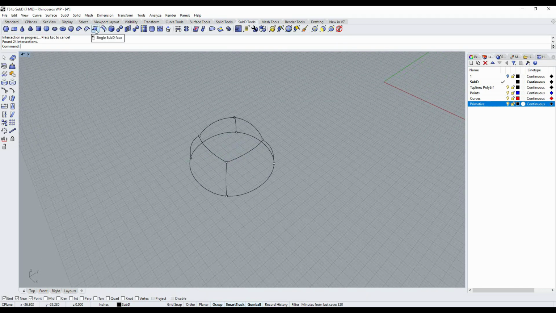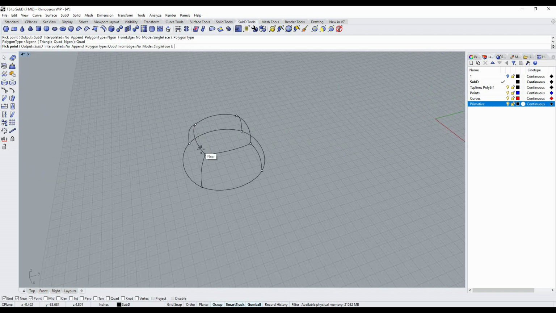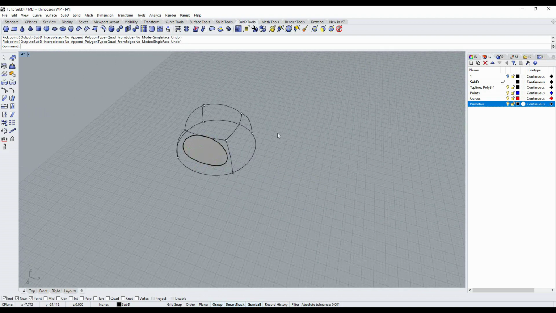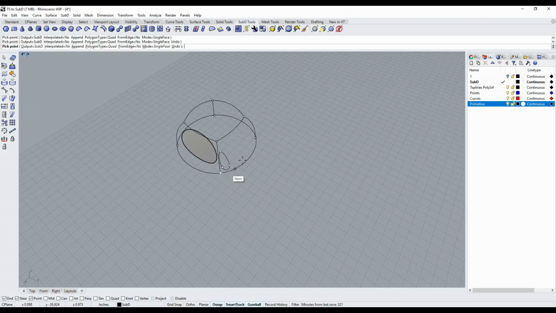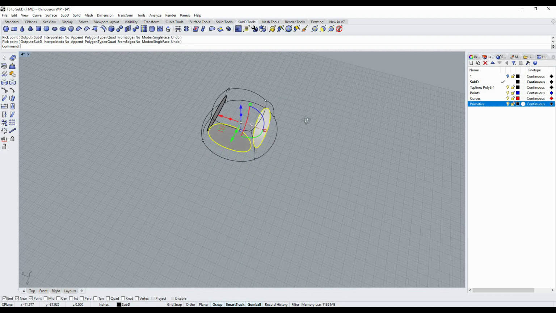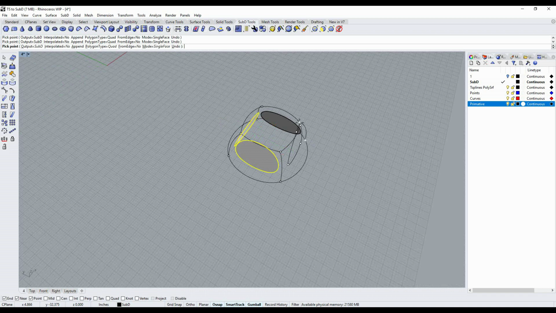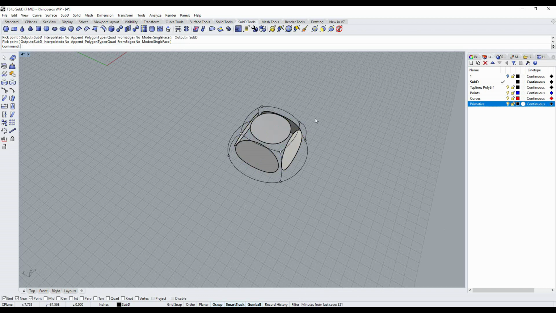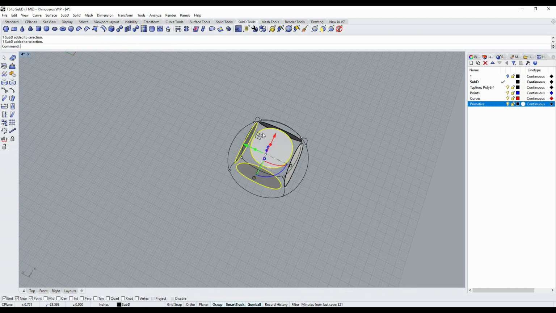So I'm going to go up here to the single SubD face, and I'm going to change the polygon type from n-gon to quad. Just makes it a little bit easier to let it know when we're done drawing each face. I'm going to do 1 face, 2 face, 3 face, 4 face, 5 face. Now, I'm going to take all these SubD faces and join them together into one SubD,